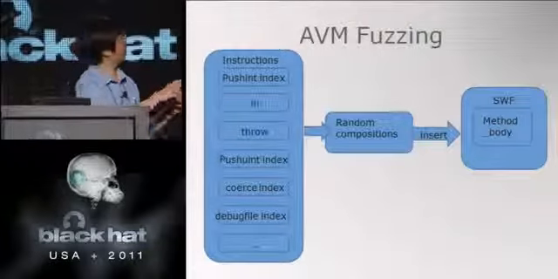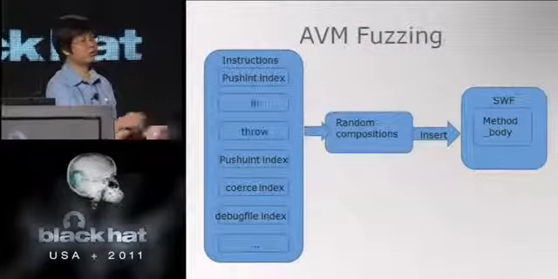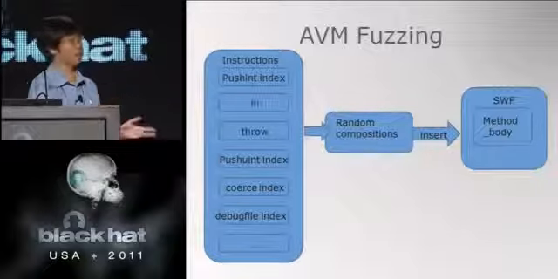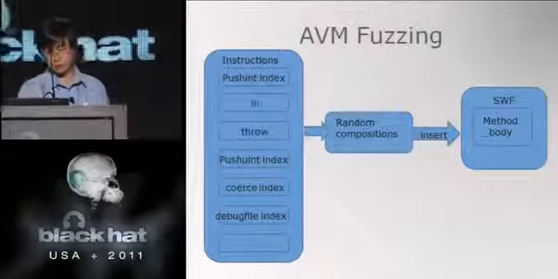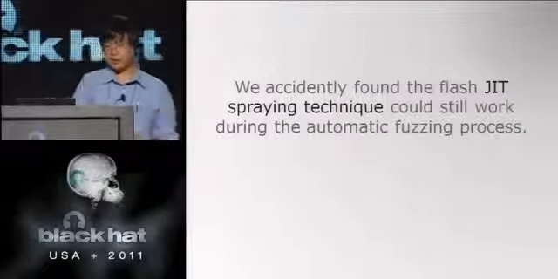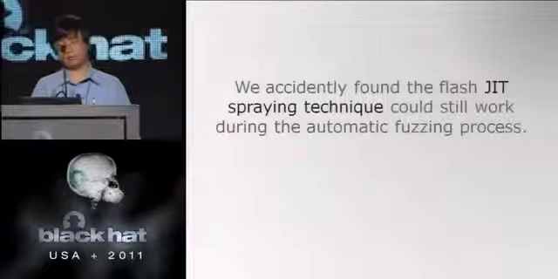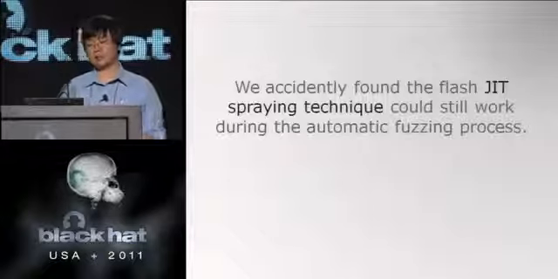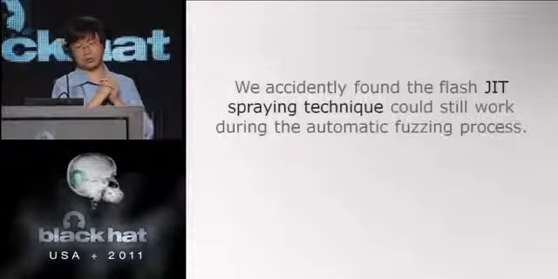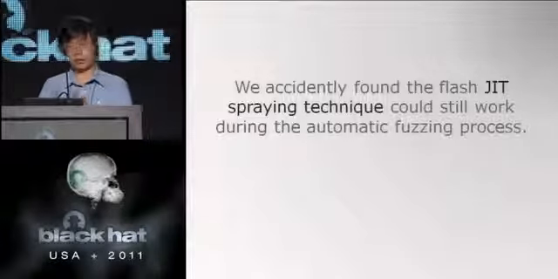In this way, we can generate different files, try to open them, and see whether the application crashes. Okay, not only did we find vulnerabilities, we accidentally found that the Flash JIT spraying technique could still work. This will be introduced later.